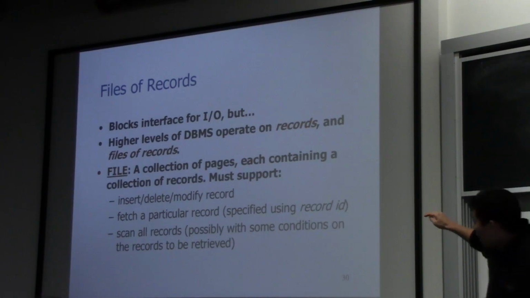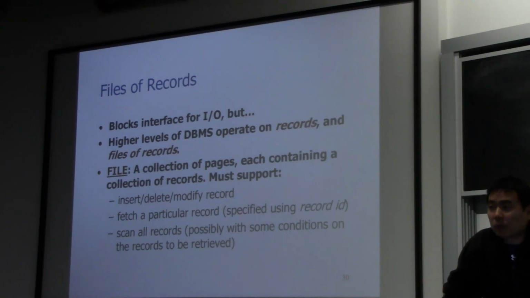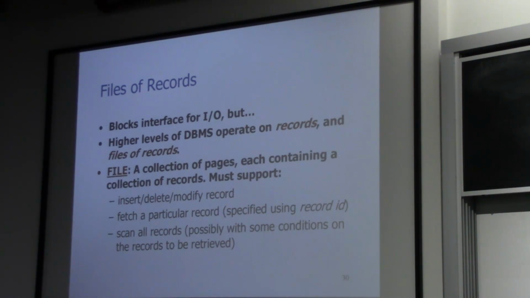And then not only do we need to be able to fetch a particular record, we need to support the linear scan of all records. I want to print out all student records. Of course, you can argue that if you can do function number 2, you should be able to do function number 3, which is fetching records one by one, right? If you know all the record ID values, then you should be able to just call function 2 multiple times to accomplish function number 3. But the question is, can you do better when your goal is to simply scan all records? Does that make sense?